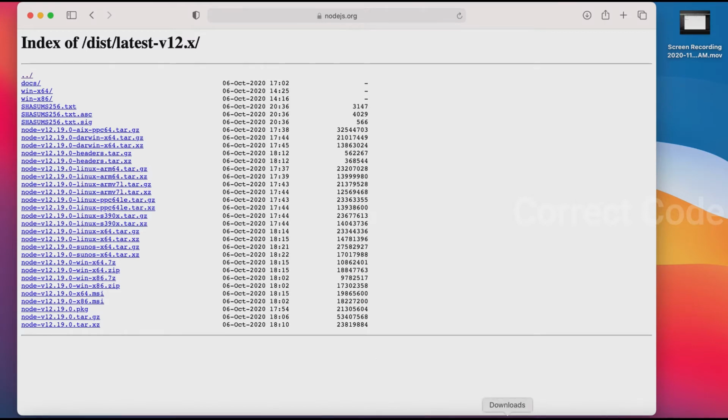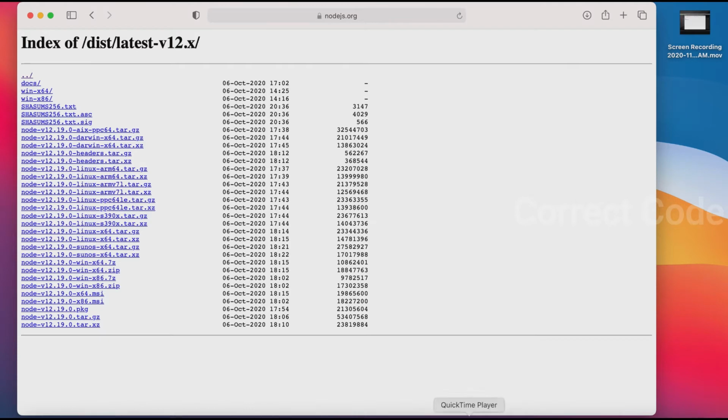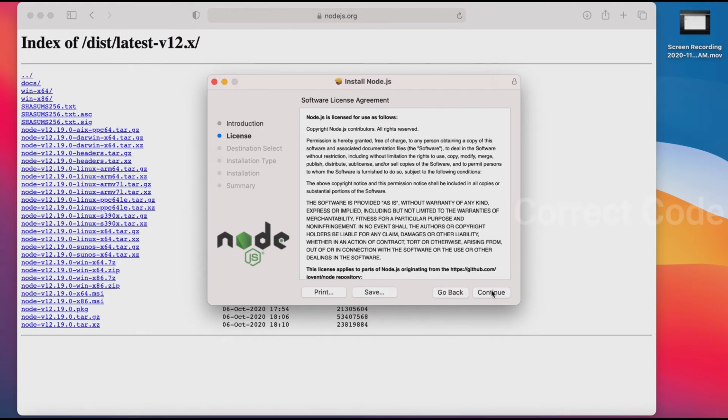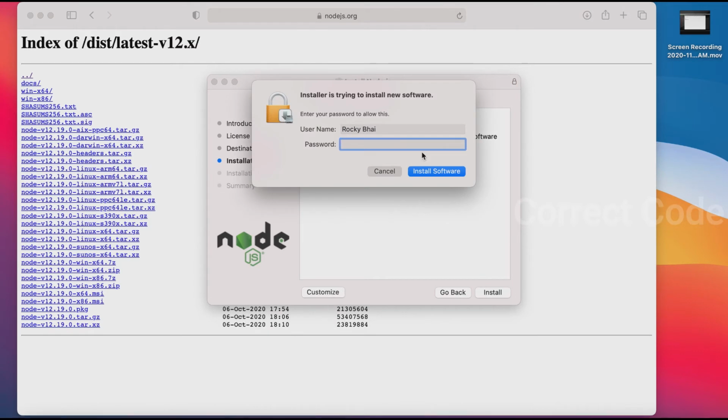Once it's downloaded, it will open like this, and this is the package that is going to install. Just click on continue, agree, install, and it will ask you to enter the password of your Mac.